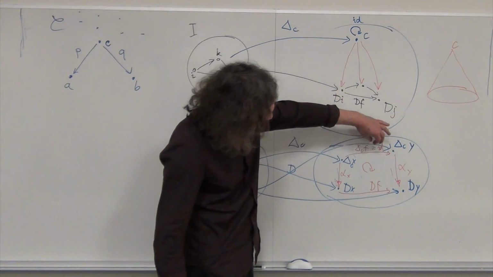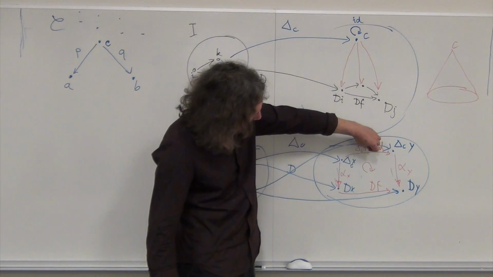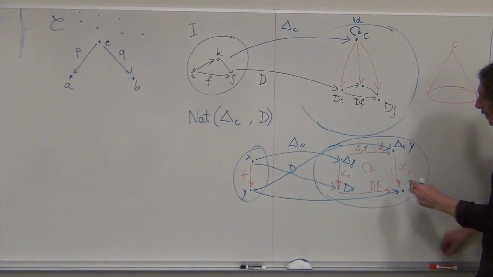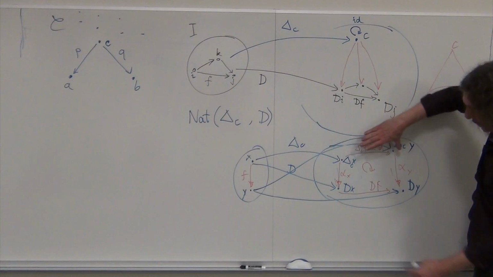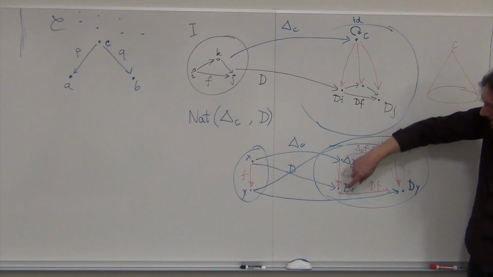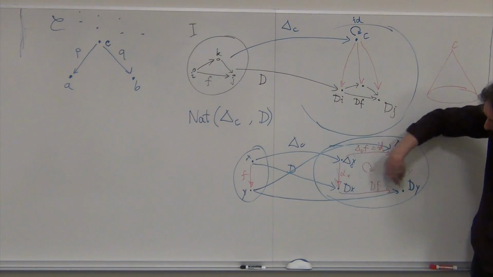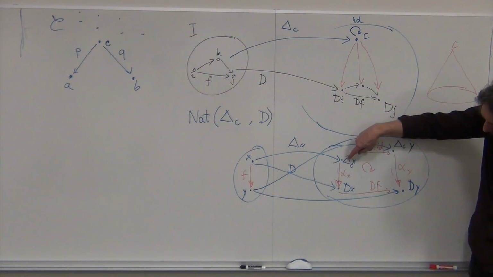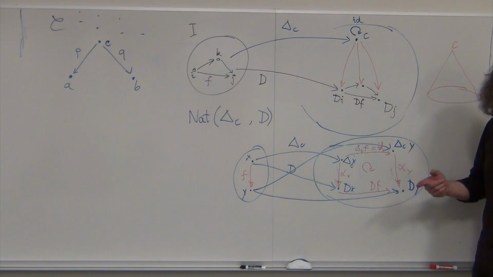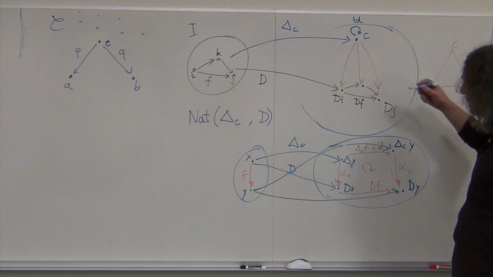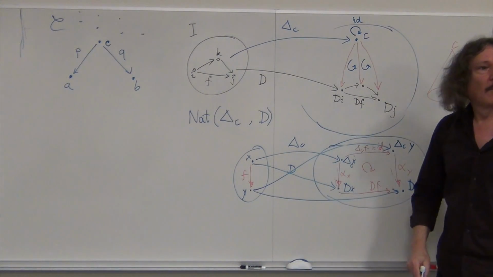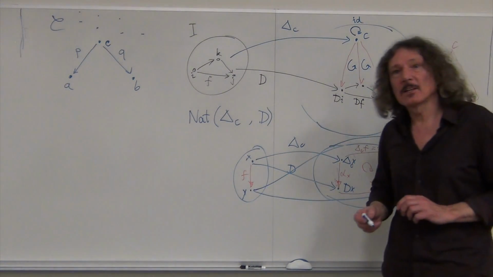Now, because this guy is an ID, right? These two guys are shrunk. What it means is that this triangle has to commute, right? So if we shrink this to a single point C, because delta C maps everything into a single point C, then this square becomes a triangle. This shrinks to a point, right? So alpha Y must be the same as DF after alpha X. Okay? So that means all these triangles here have to commute. That's the naturality condition.